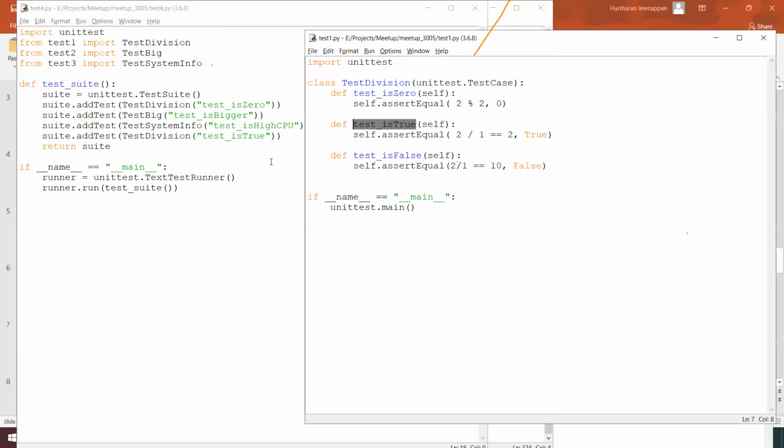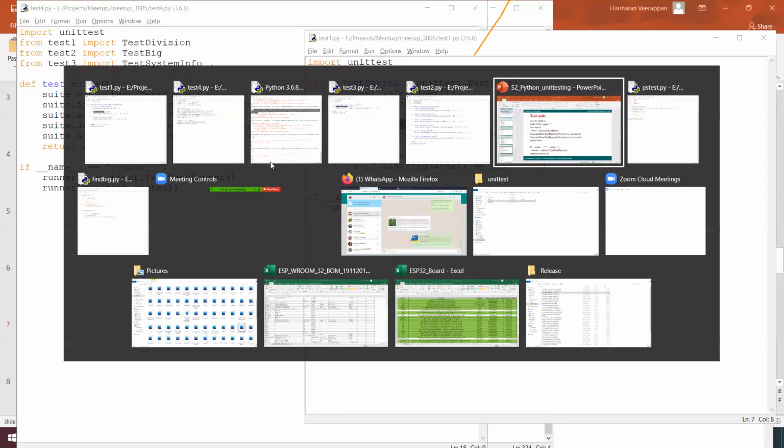For example, if we have multiple unit test cases which we did for different modules, they can be integrated and created like a test collection or test suite with the help of the test runner and test suite member function of the unit test basically over here.